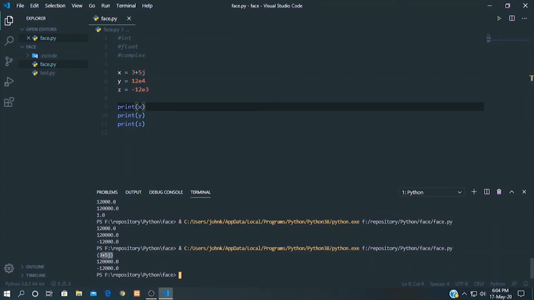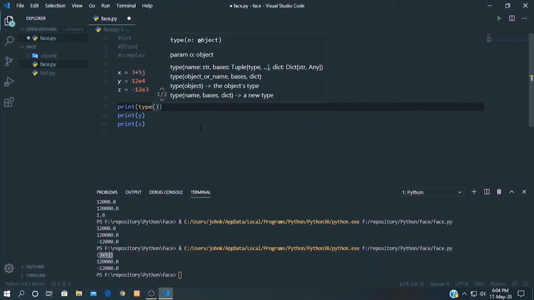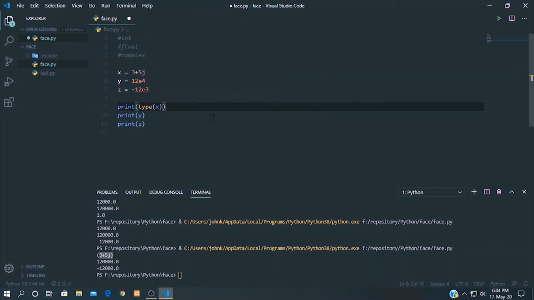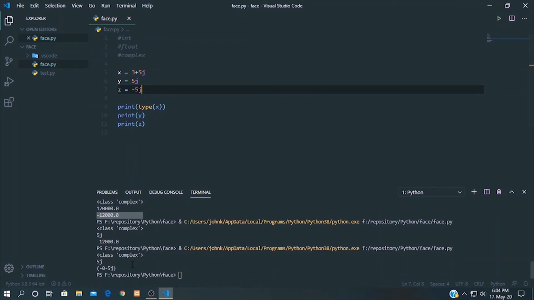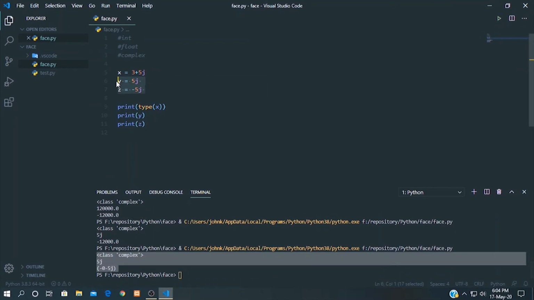Okay, 3 plus 5j, and let's check the type of this value. Type of x should be complex. Yeah, this one is complex. Okay, and let's create some other types. 5j, print it, 5j, and negative 5j. So these are the complex numbers.